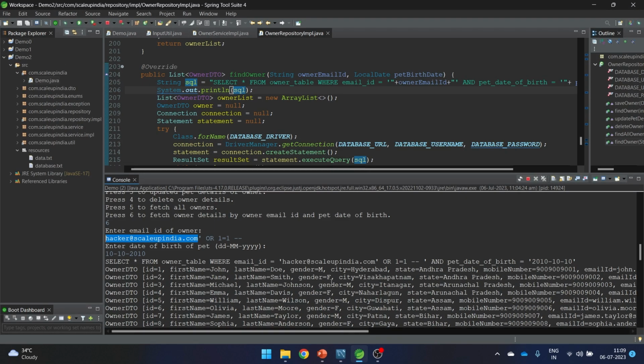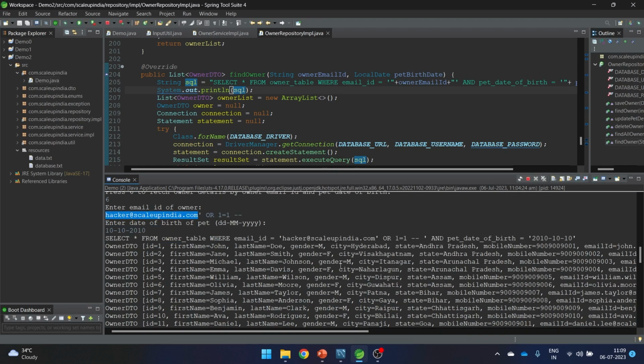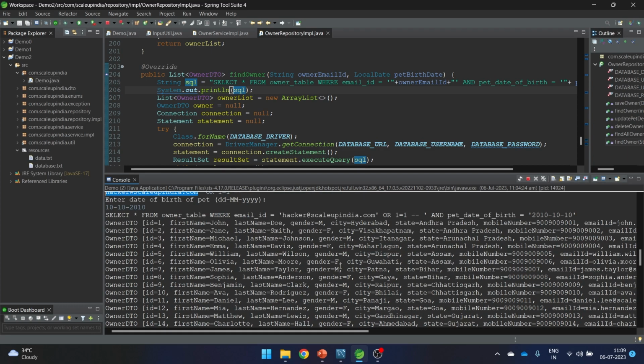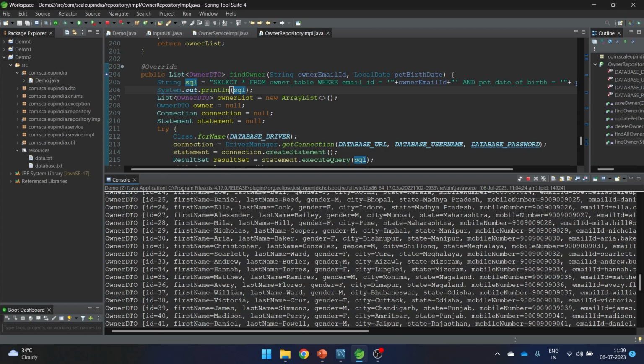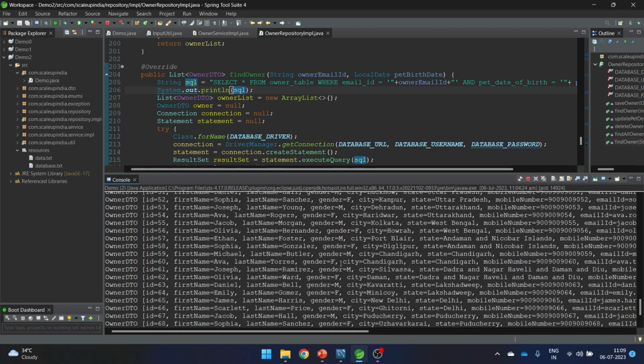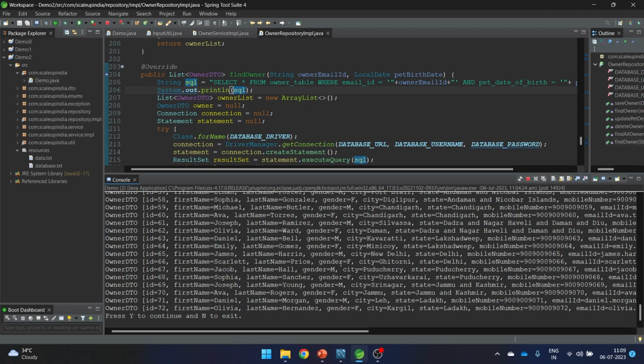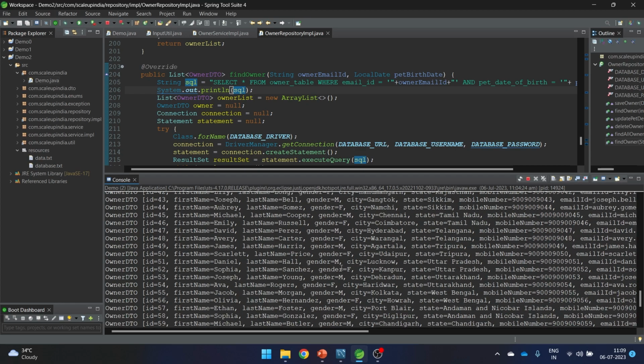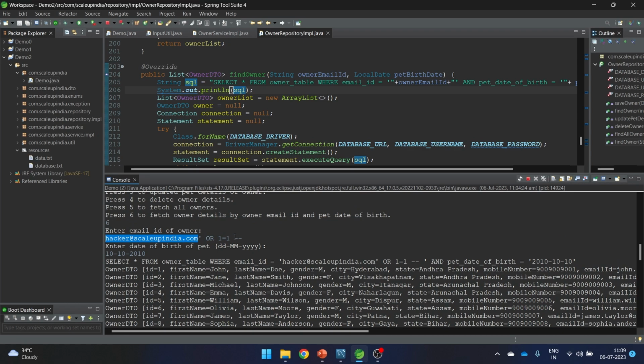But here we just saw that the hacker is able to see not only one data, but data of all our users. So hence we can say that the hacker was able to perform the SQL injection attack by passing a malicious query, and the data of all the users got compromised. The same way it happened in Flipkart, and the same way it happens every year in millions of websites. So what just happened here?